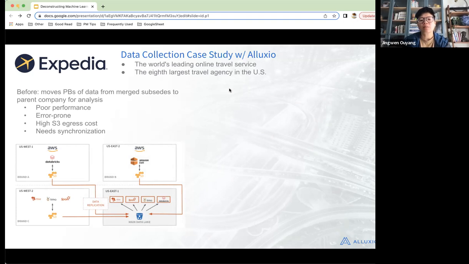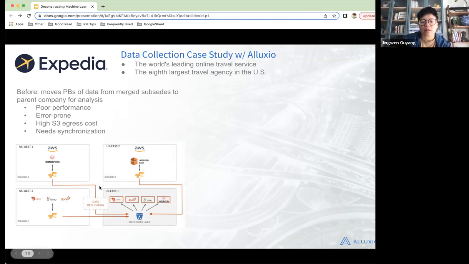So each company may have started with certain data centers, right? So maybe they're in different regions, or in the same region but a different data center. Each subsidiary may process their data in different ways.